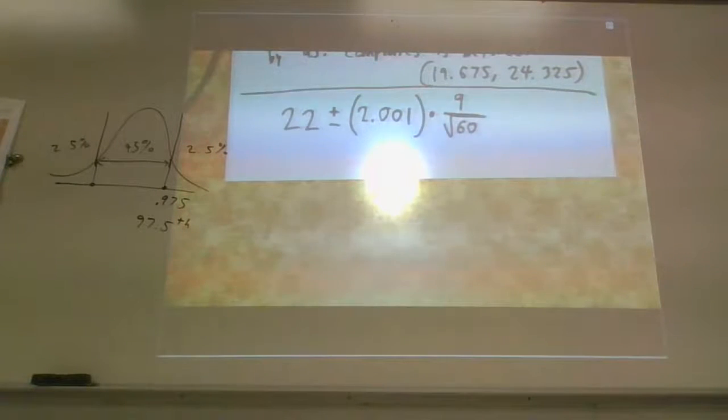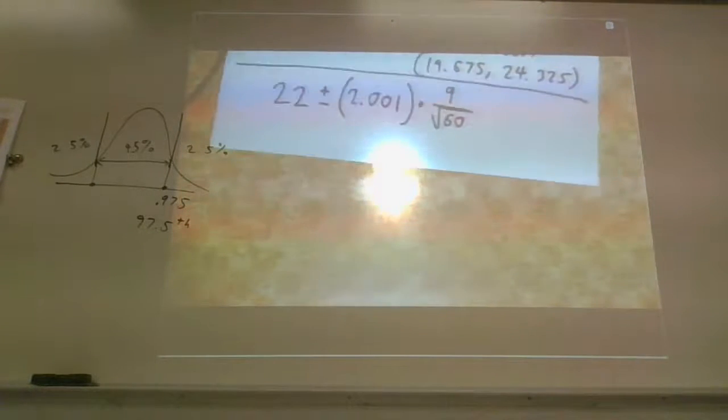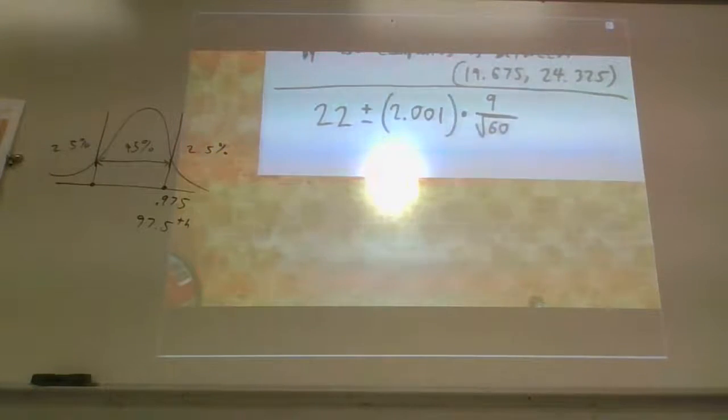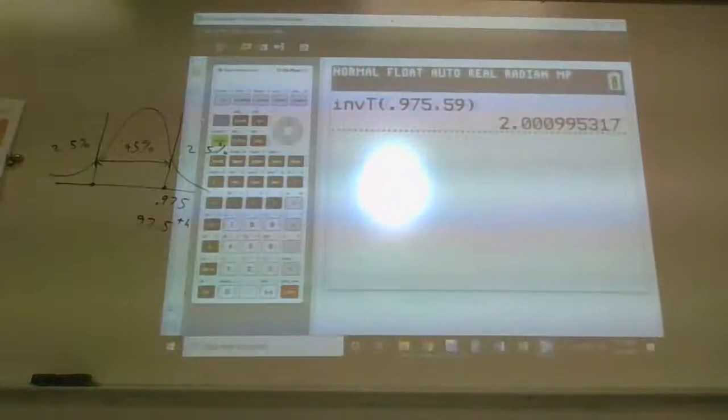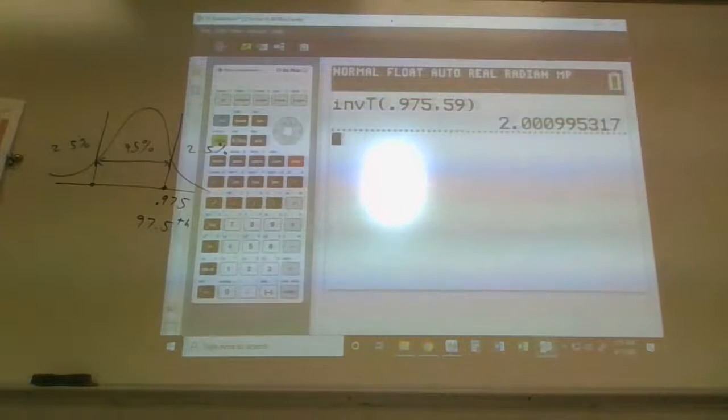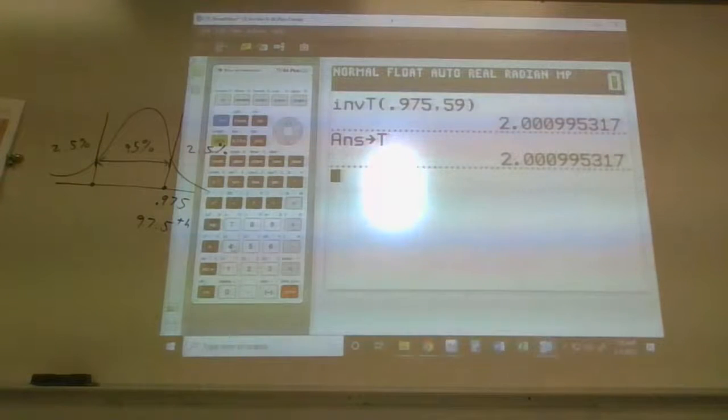That's what I would calculate. I'm going to do that on the calculator in a moment. Obviously, I'm going to get the same interval. I just want to see it actually happen here. So let's see, 22 plus, actually, you know what? Let me store that real quick. Let me store that to the letter T. There we go. And then I'll do 22 plus